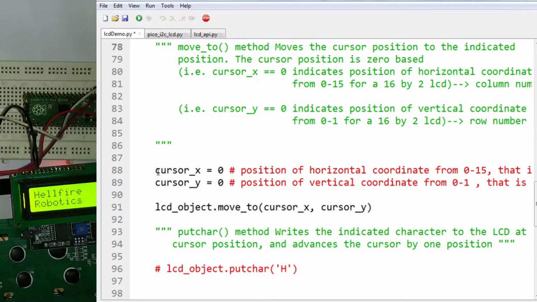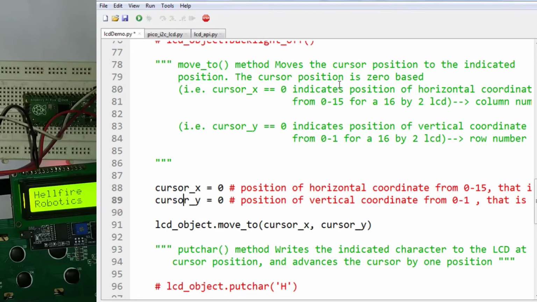First is cursor_x equal to 0, that is the position of horizontal coordinate, from 0 to 15 in the case of a 16:2 LCD, and that will be from 0 to 19 in the case of a 20:4 LCD. And then make another variable cursor_y equals to 0. This variable will hold the x position, x coordinate, and this will hold the y coordinate.